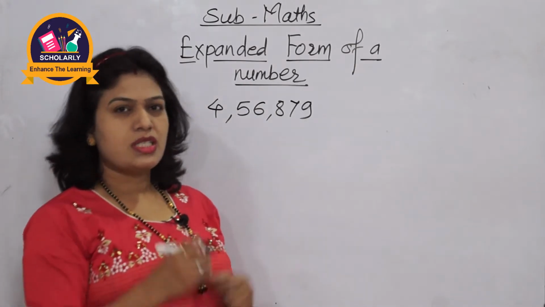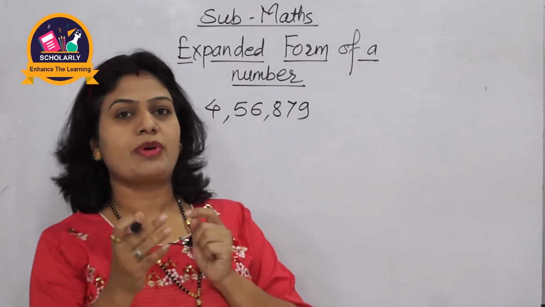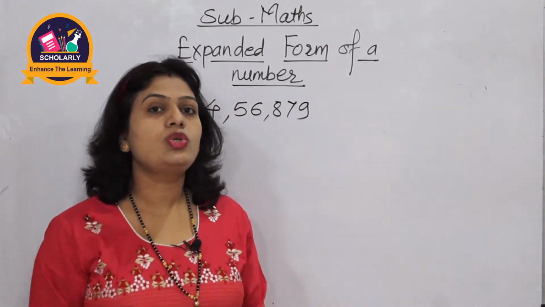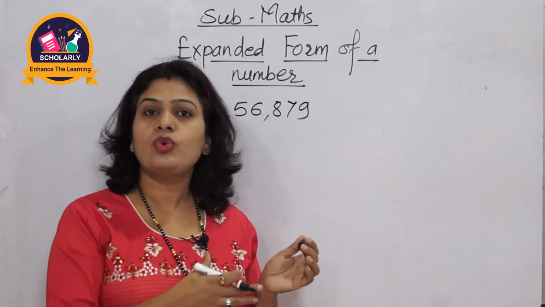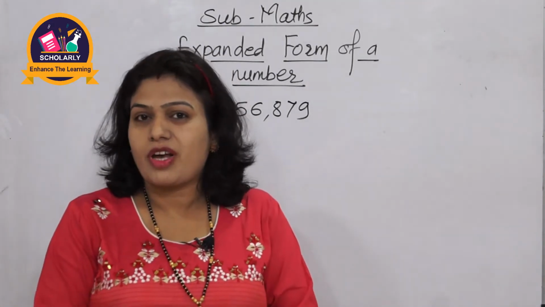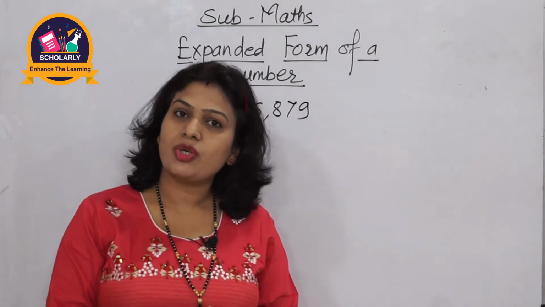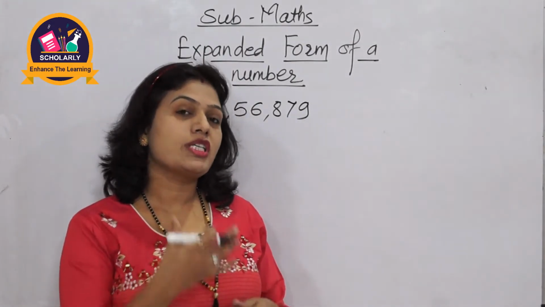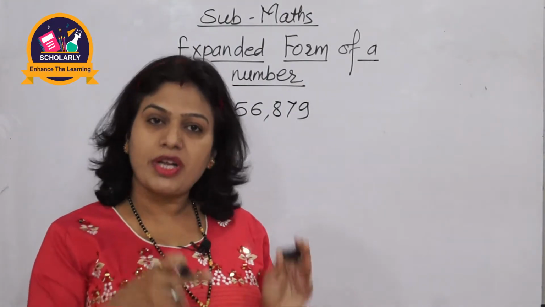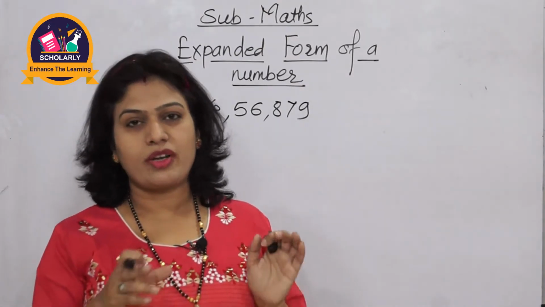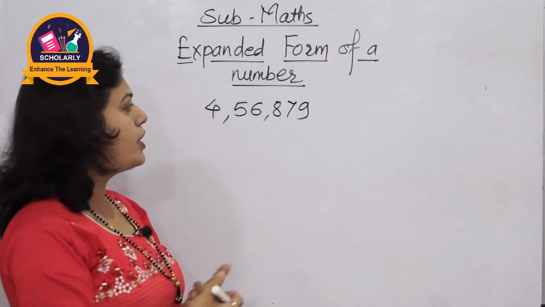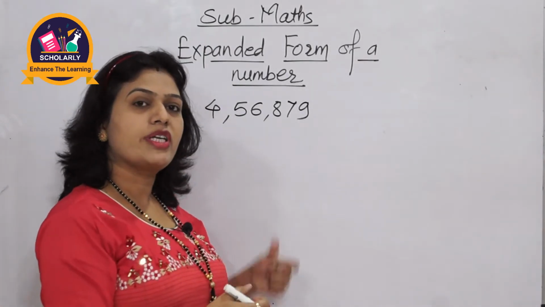Very easy. Some tricks are there to find out the expanded form. To find out the expanded form of a number, we should know exactly the place value of each digit in the given number. Then comes the question, what is the place value? In my previous video, I have explained what the place and the place value of a digit are. So when you know the place value of the digit exactly, then you can find out the expanded form of that number. In this example, I am going to tell you how to find the expanded form.